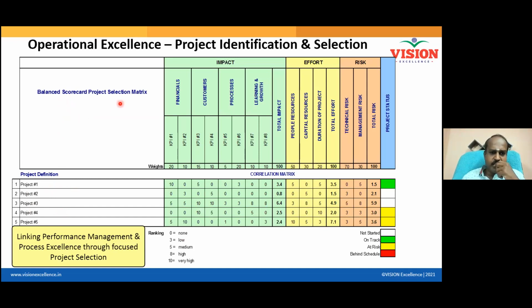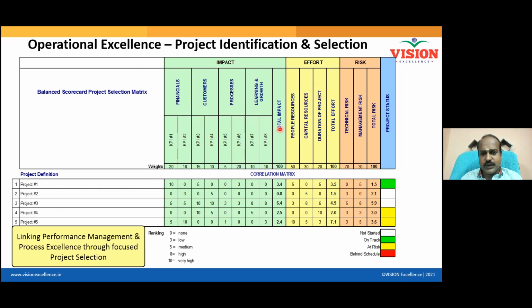And then the finance, and then some KPIs are written here. Out of the so many KPIs, some are from the financial pillar, some are from the customer pillar, some are from the process pillar, some are from the learning and growth pillar. That means when I do this project, what will be the improvement in terms of learning and growth? If I do this project, how will it improve my processes? If I do this project, how will it improve my customer KPI? So this is what I'm interested in finding out, right? So these KPIs are identified.